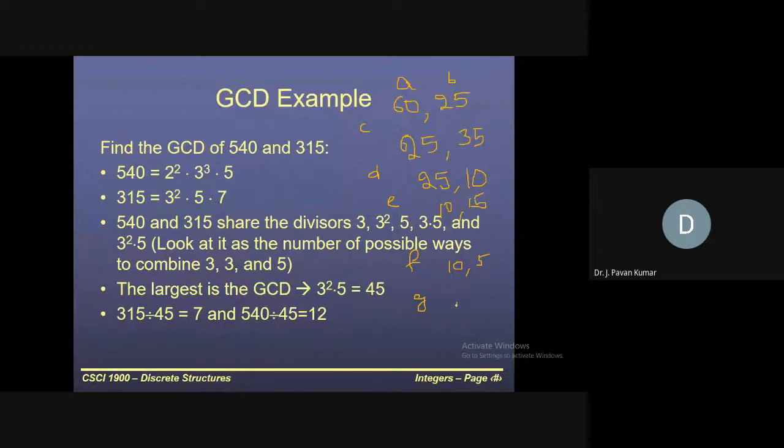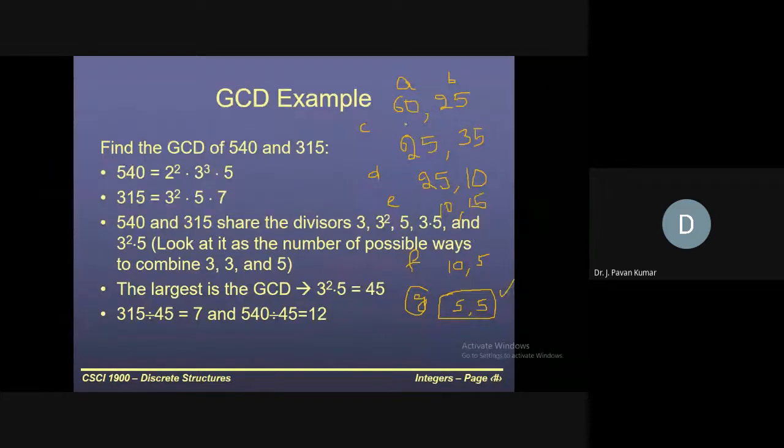Now, what's the least number? 5. Next, what's the difference? 5. When you get these two as same, whatever the factor that we have,